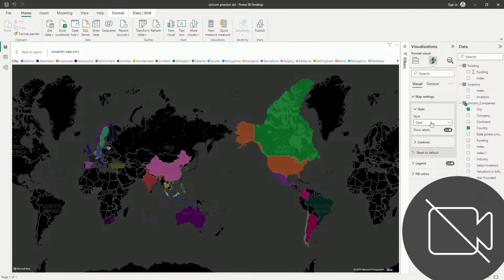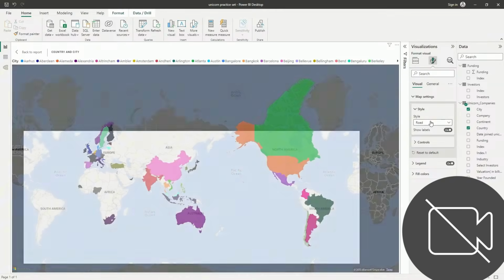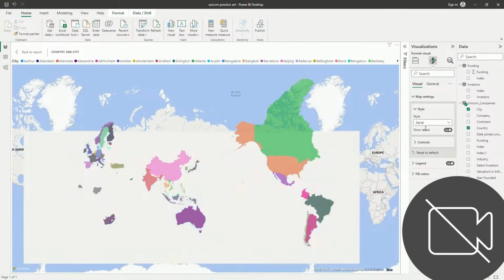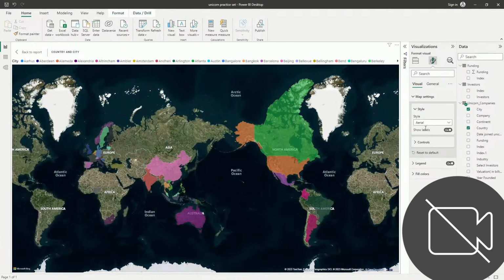Okay, and road. Okay, so road and light are similar. We can take Arial for now. It looks good, right? Okay,